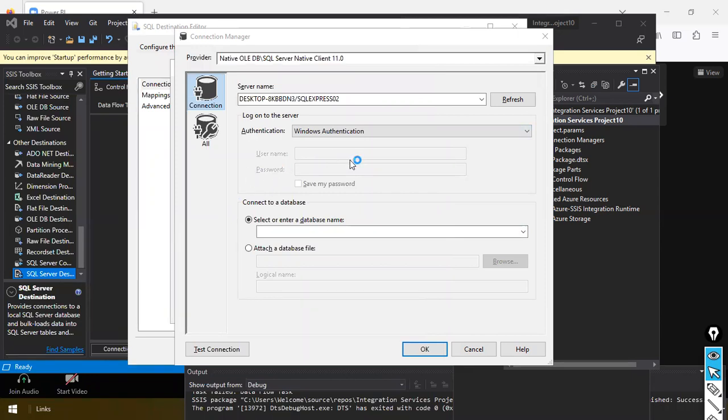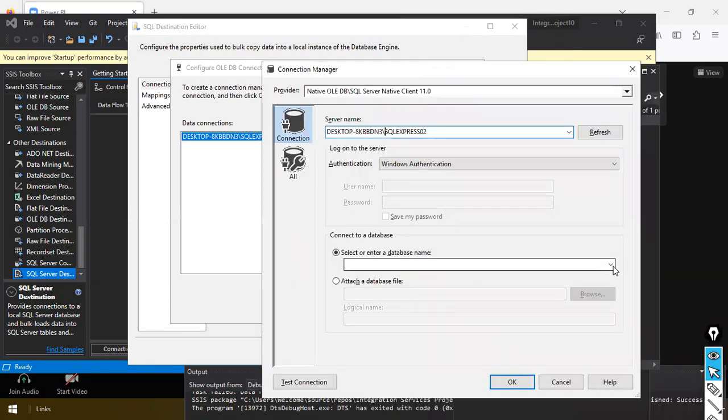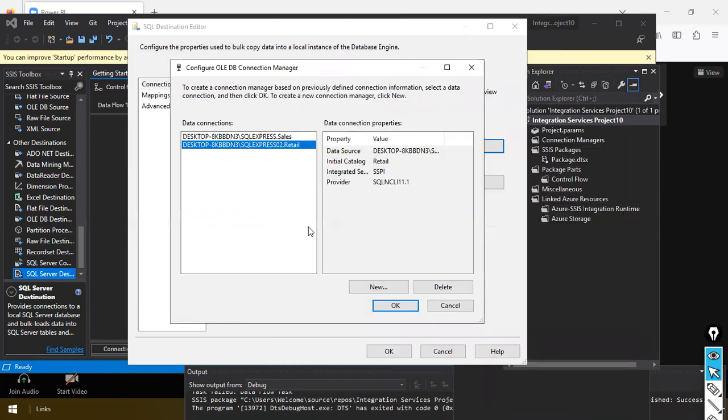So due to some problem with this, let me just show you the connection string here. Let me check the connection string. I think it should be the opposite one. Let me just check here. And yeah, this is the opposite one. It's not the backslash, sorry, forward slash. Okay, and here, yeah, look here. This is the database retail, and anyhow, not a problem. So this is the one.